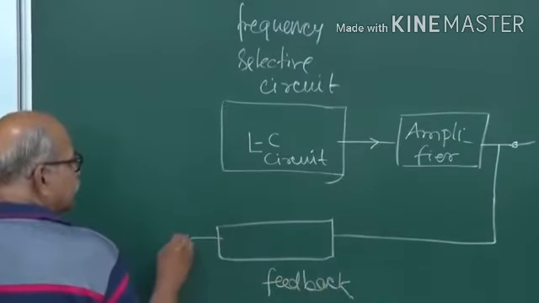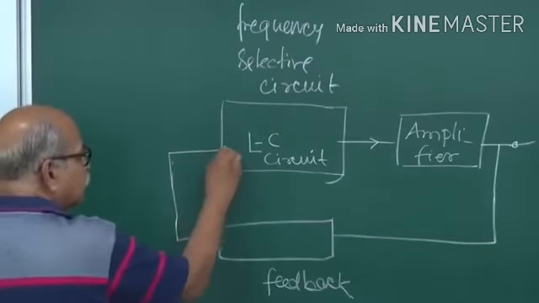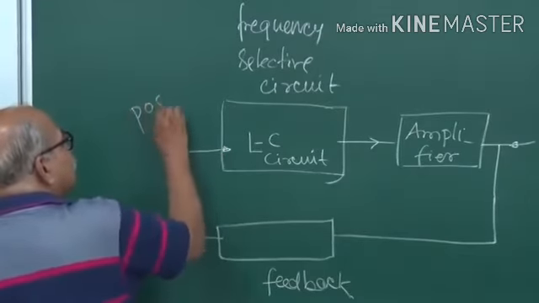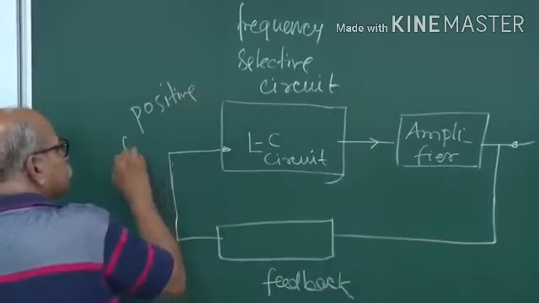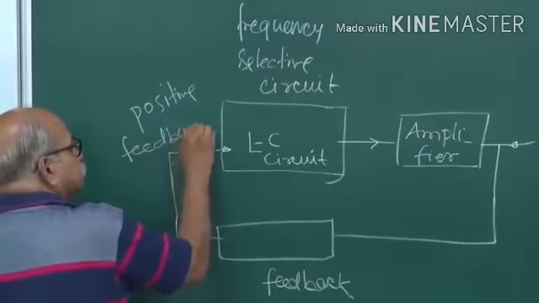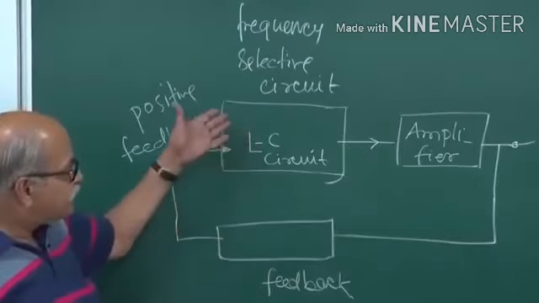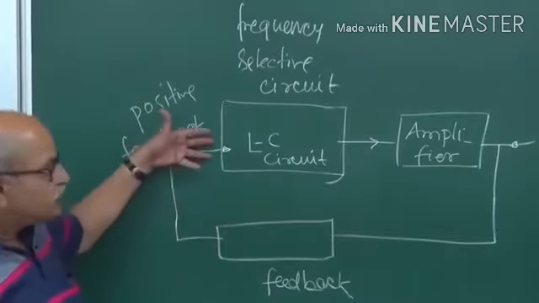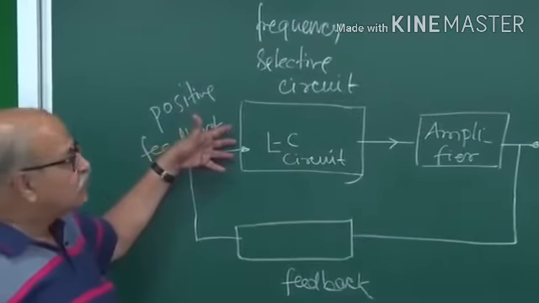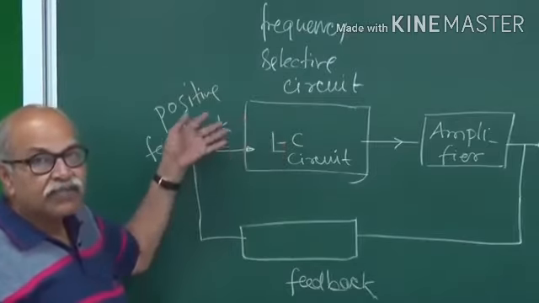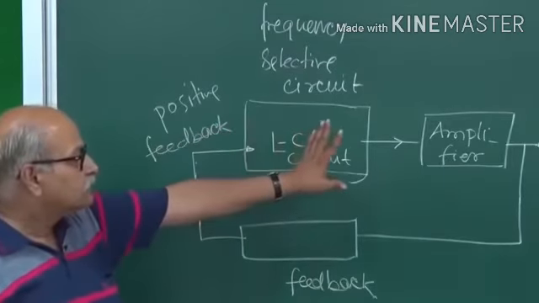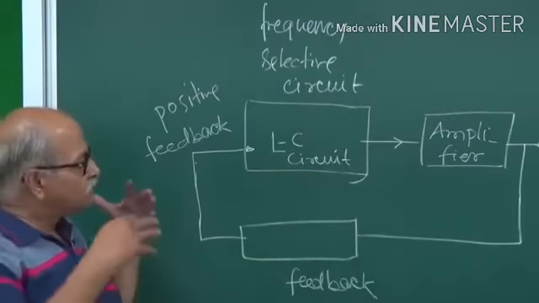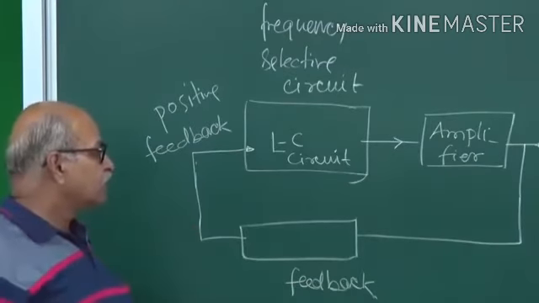And this feedback circuit then gives signal. Whatever is lost here is compensated here, and therefore a positive feedback. That means the phase of this voltage which is there and the phase of this voltage which is coming should match with each other, so that the losses are compensated, the amplitudes are added, and you get a supply of constant AC voltage. So there are various ways, lots of circuits are there.